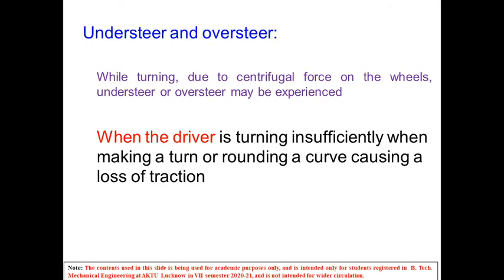Now we'll discuss the conditions of understeer and oversteer. While taking a turn, the centrifugal force acts on the vehicle, which produces a side thrust, as we know. To sustain that force, the plane of the wheel must make some angle with the direction of motion of the vehicle. This is attained by the distortion of the tire, which is flexible, because we know that the tires are basically deformed.